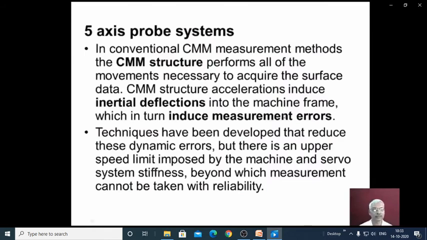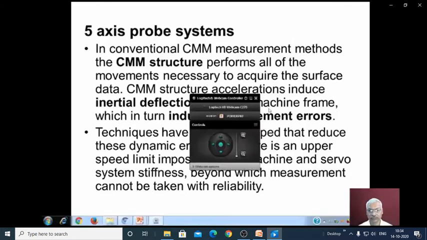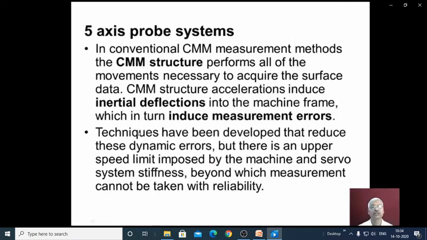Now let us discuss the 5-axis probe systems. In conventional coordinate measurement methods, the CMM structure performs all the movements, that is x, y, z movements necessary to acquire the surface data. CMM structure accelerations induce inertial deflections into the machine frame, which in turn induce measurement errors.